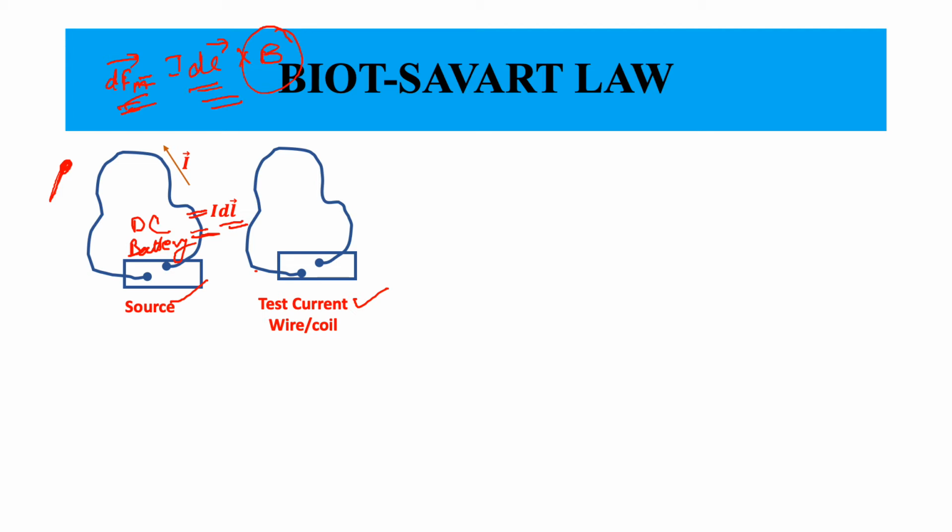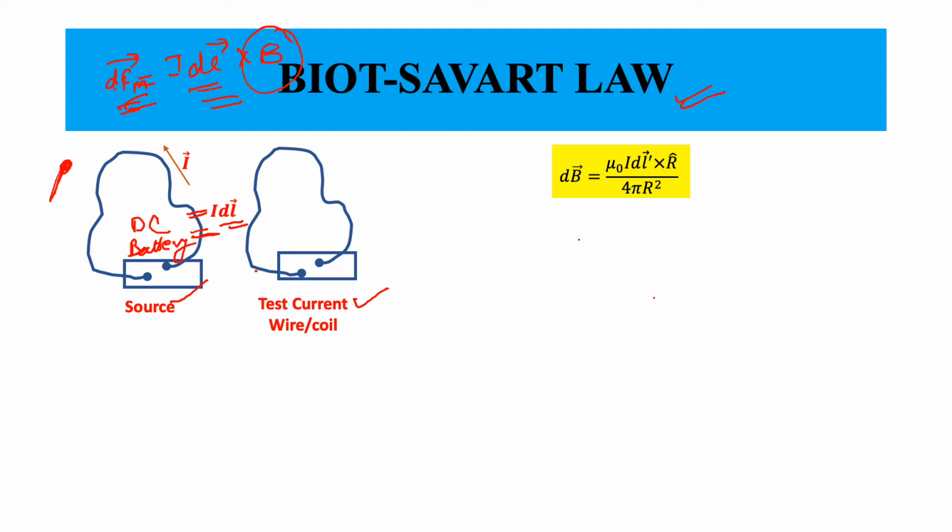To get this vector B, we need to invoke what is called the Biot-Savart law. We want to find the magnetic field because there is some current-carrying wire placed somewhere, and the current-carrying wire is generating a magnetic field. So how do I calculate that? Based on certain experiments, it was found that the magnetic field at any point in space near a current-carrying wire is given by the differential magnetic field dB equals mu naught I dl' cross r hat over 4 pi r squared.